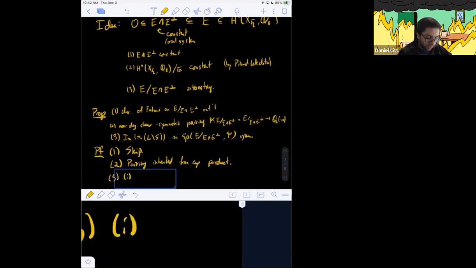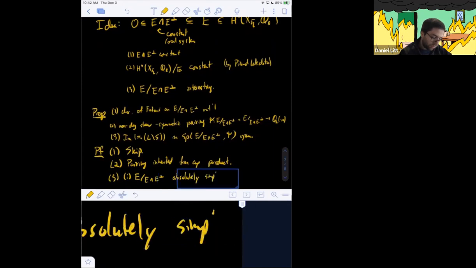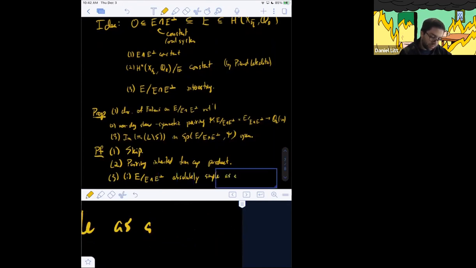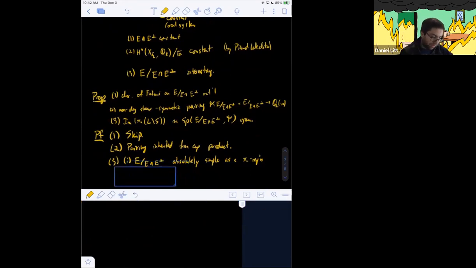So step 1 is to show that E mod E intersect E perp is absolutely simple as a pi1 representation. This will follow more or less immediately from the Picard-Lefschetz formula and the fact that vanishing cycles are all conjugate to each other. And then part 2 will follow from a theorem of Kazhdan and Margulis,